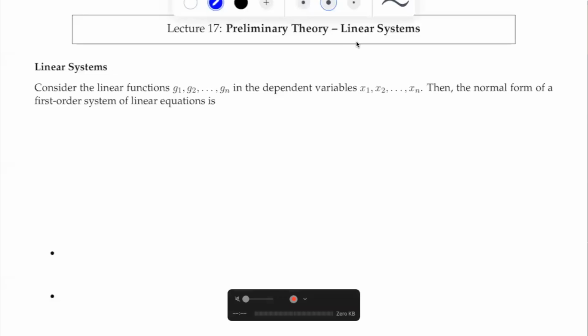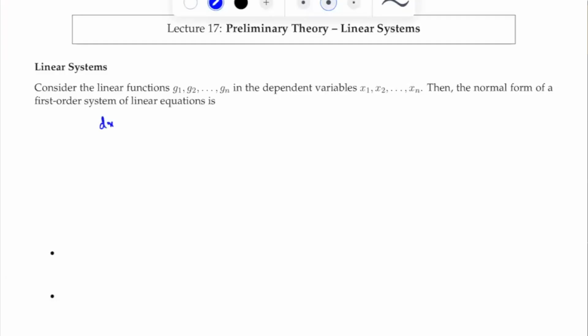So consider the linear functions of the form g1, g2 up to g sub n. So you have n linear functions in the dependent variables x1, x2 up to xn. In this case, the dependent variables are x1, x2, and xn, and the independent variable is going to be t. You have the first order system of linear equations of this form, dx1/dt equal to a11 of